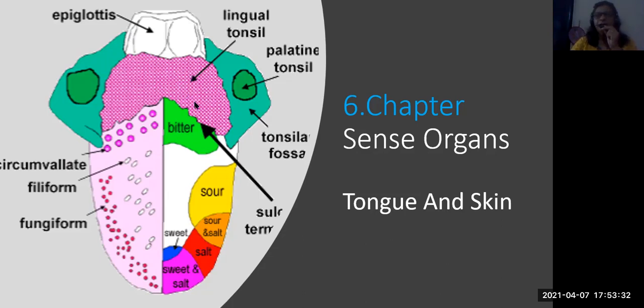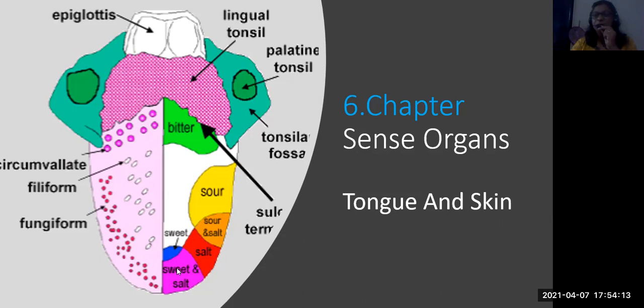You can see on the screen there is a tongue and the parts where the taste buds are present. The taste buds we are calling papillae, and these papillae are important for what? To know different types of taste. You can see here circumvallate, filiform, fungiform, and foliate. So these are the different papillae which are present in different regions of the tongue and which show different tastes. Can you see here, the tip of the tongue?